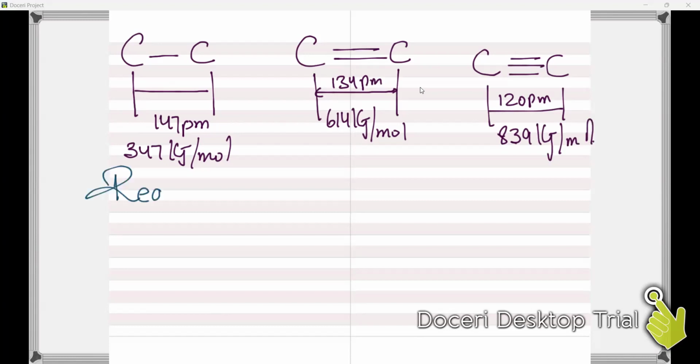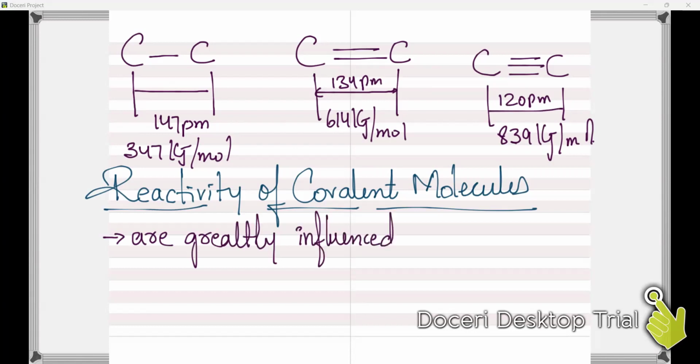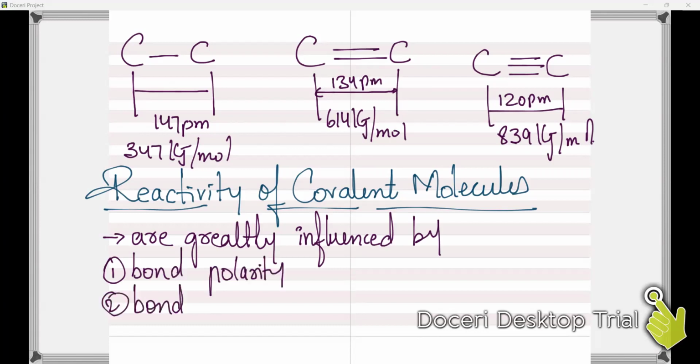But do not confuse it with reactivity. When we talk about reactivity, what do we say? Reactivity of covalent molecules, what does it depend on? Does it depend only on the bond length? What does it depend on? Because when we talk about reactivity, we have studied that single covalent compounds are the less reactive ones. Yes, that's right. Reactivity of the elements or the compounds is greatly influenced by bond polarity, bond strength,